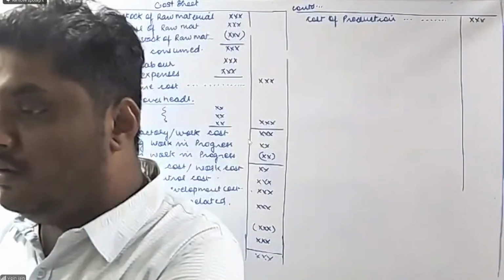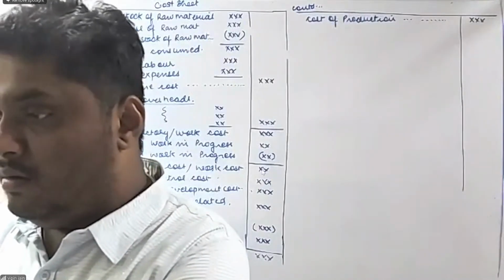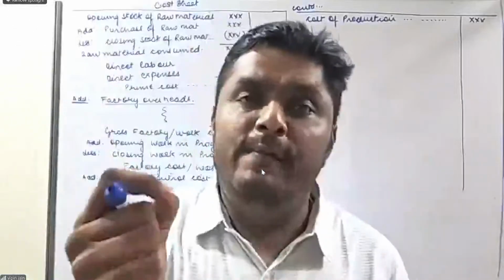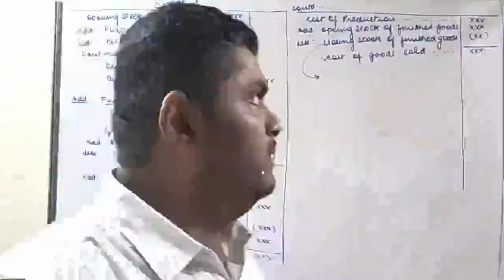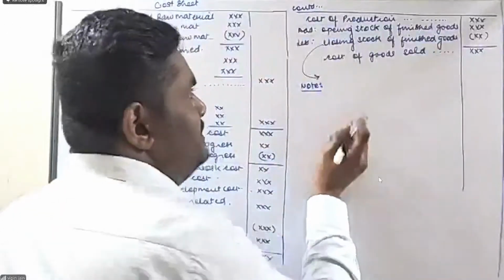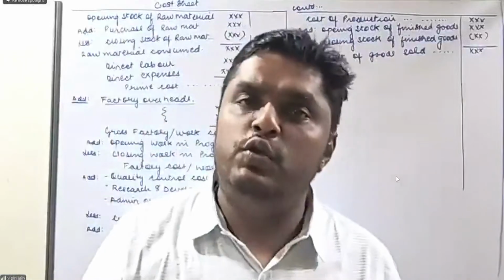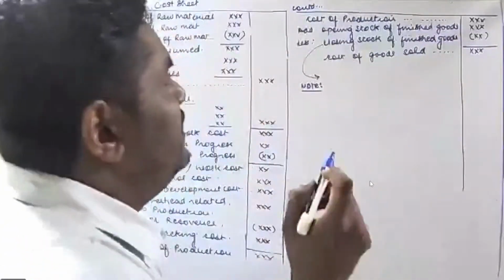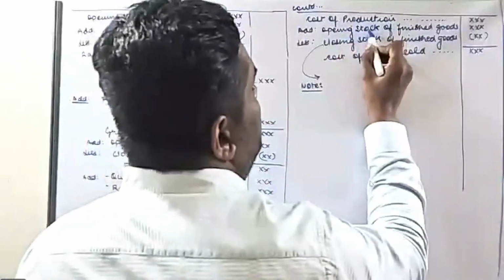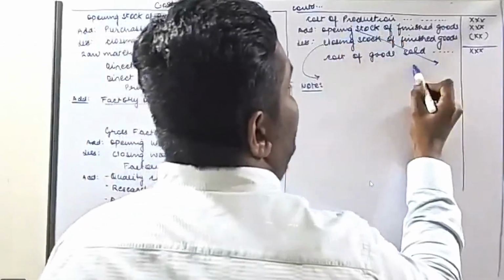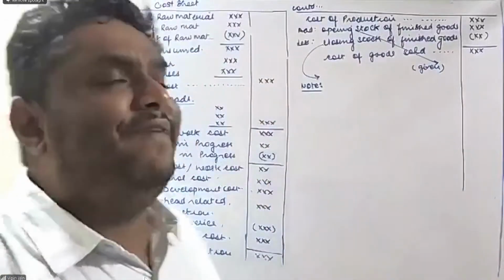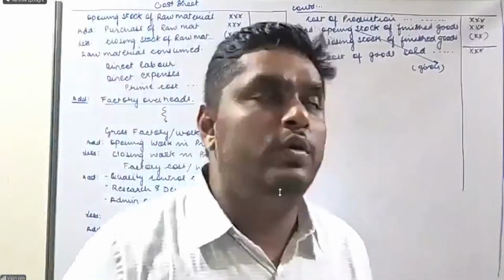When talking about the value of closing stock of finished goods, it will always be valued at cost of production. See, there are two terms, opening stock of finished goods and closing stock of finished goods. The value of opening stock of finished goods will always be given in the question. But when talking about the value of closing stock of finished goods,